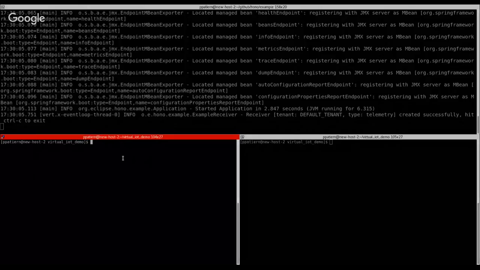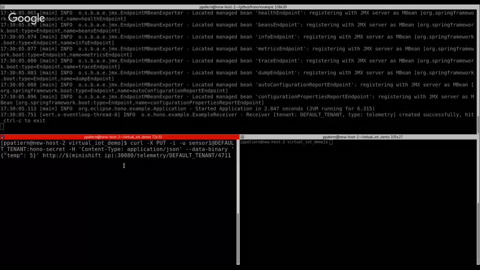Let me increase the font size. We can just use a simple application like curl for simulating an HTTP device that is connecting to the HTTP adapter in this case, providing information for the basic authentication, and then providing a JSON payload, in this case a temperature value of 5. We are connecting to the HTTP adapter on the telemetry stream.